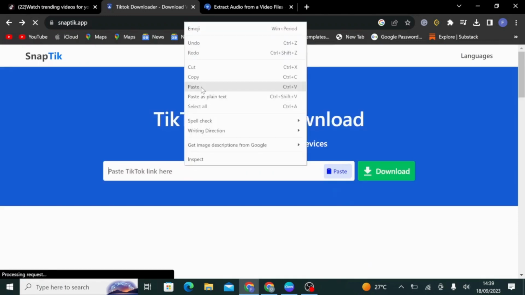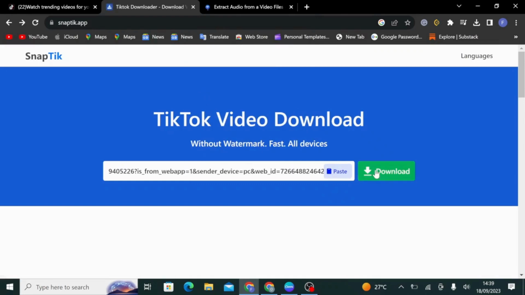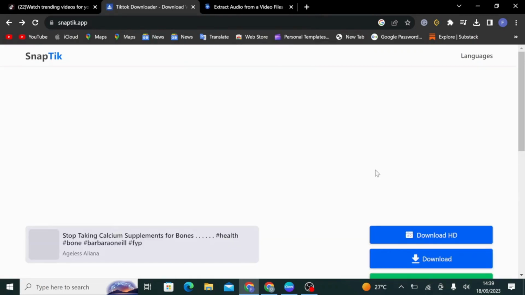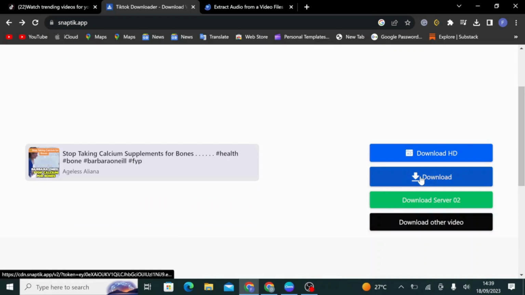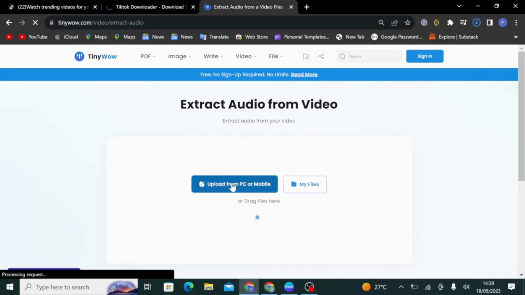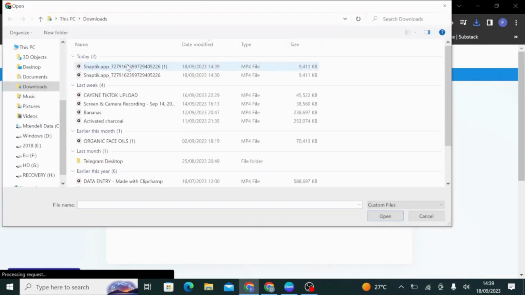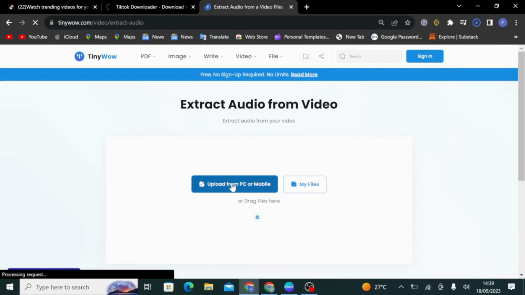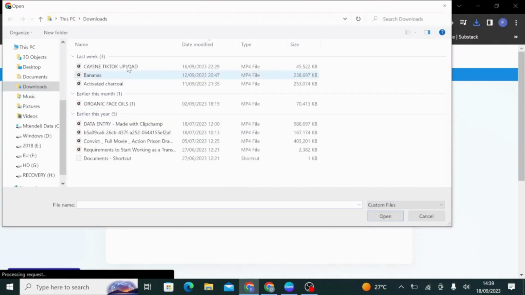in your PC. So after that, you're going to head on to another open source software by the name TinyWow, which is actually a very useful tool for any of us on the online space. So you don't necessarily have to download the apps or softwares that keep filling your PC. So upload, click on video, then upload, extract audio from video. It's going to give you